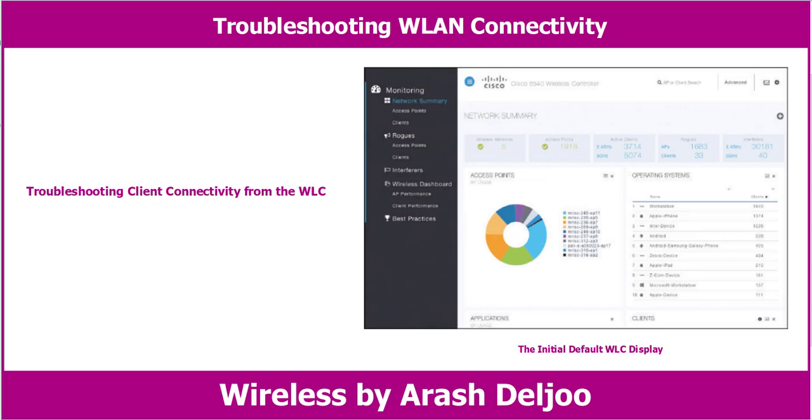In this section, I am going to explain about troubleshooting client connectivity from the wireless LAN controller. Most of your time managing and monitoring a wireless network will be spent in the wireless LAN controller graphical user interface, or GUI. As a wireless client probes and attempts to associate with an AP, it is essentially communicating with the controller. You can access a wealth of troubleshooting information from the controller as long as you know the client's